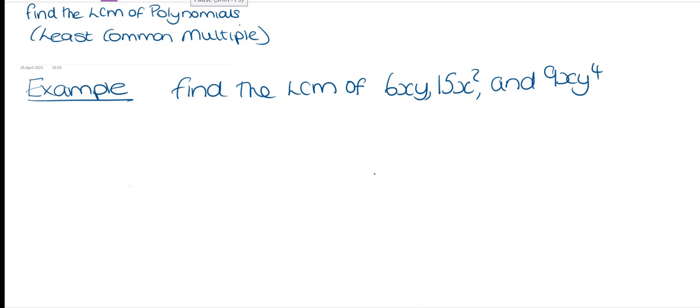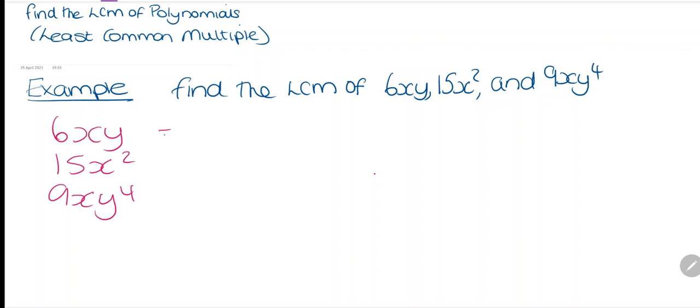So we need to find the lowest or least common multiple of some polynomials. Let's have an example. We're going to find the LCM of 6xy, 15x squared, and 9xy^4. So we're looking for the highest number and the variables that they will all divide into. So I'm going to write them down. I've got 6xy, 15x squared,